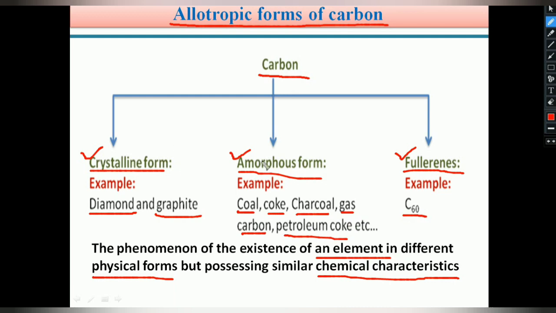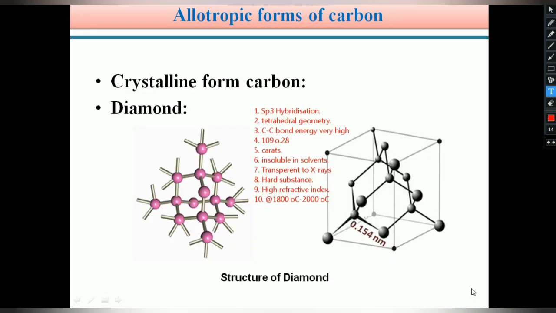So carbon allotropes are very important. Already you have an idea on the allotropic forms of carbon. You are very familiar with diamond and graphite. In the allotropic forms of carbon, the first example of the crystalline form is diamond. Diamond is an example of a crystalline allotrope of carbon. Students, from our high school studies, we are very familiar with diamond. Diamond is a very hard substance.